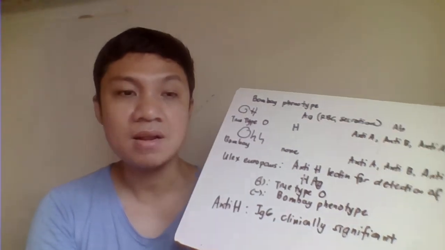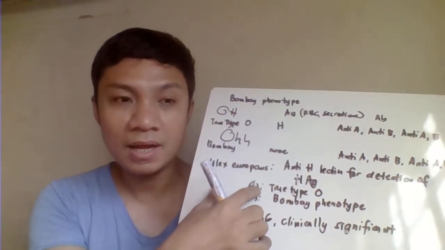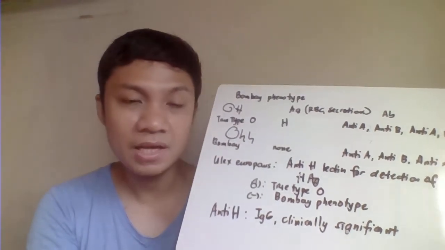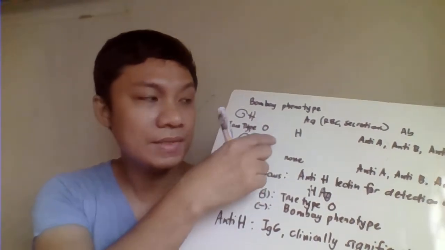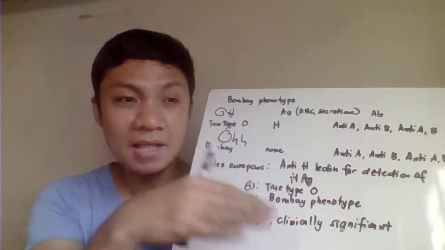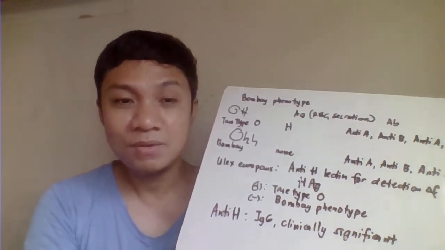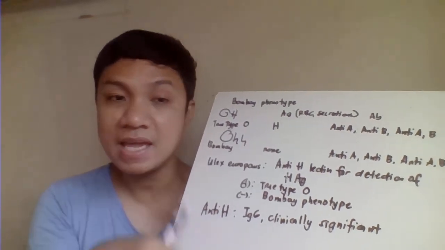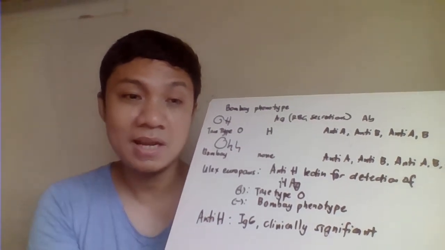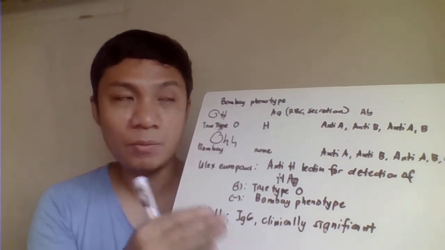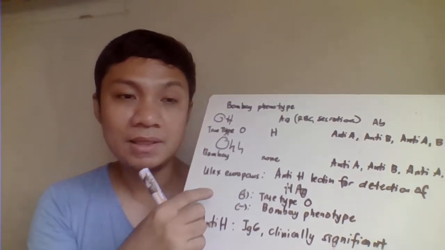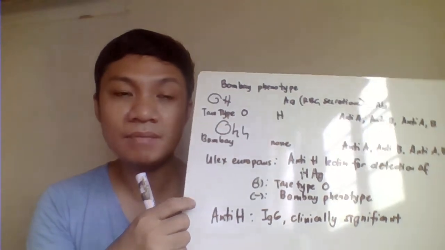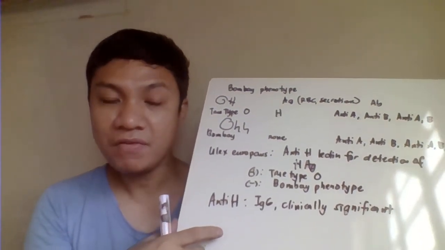That's why be careful here. Kasi pag hindi ka nag-perform nito ng anti-H lectin, hindi ka mag-add ng anti-H lectin for detection of your H antigen, baka mapagkamalan mo sila. Like routine lang na blood typing, anti-A, anti-B lang, wala kang anti-H na lectin. So pareho sila mag-appear na type O. Okay, so it's because they will not have here reactive sa anti-A na antisera kasi wala naman silang antigen A, or anti-B antisera, wala naman siyang B na antigen. So, kailangan mo gumamit ng, okay, especially pag mga foreigner ang ating patient. Okay, because again, hindi pwedeng salinan ang ating Bombay phenotype ng true type